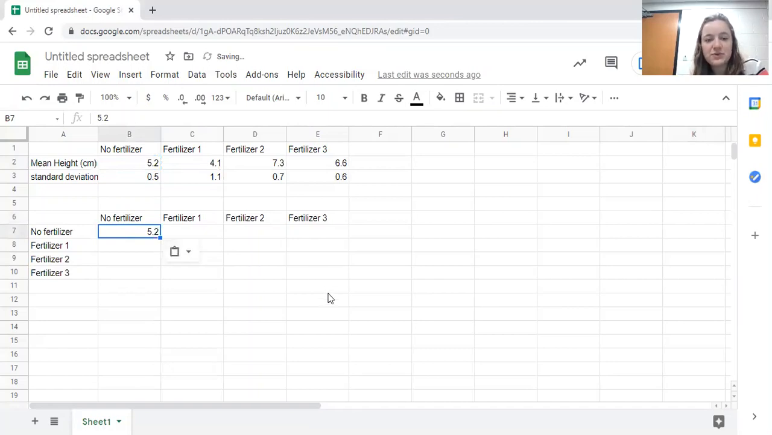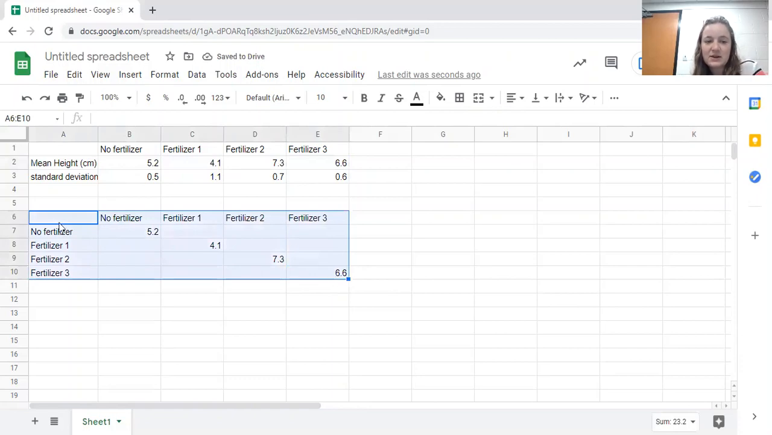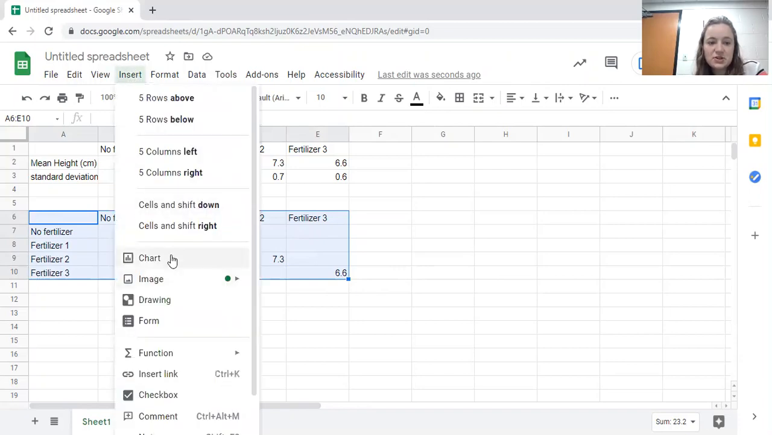The way I'm going to arrange the means is I want the mean for each group on the diagonal, where the name of that treatment is both the column title and the row title. So I'm going to copy each of my means and paste them into this new chart that I have. Now using this chart, we'll be able to create our bar graph. So I'm going to go Insert, Chart,